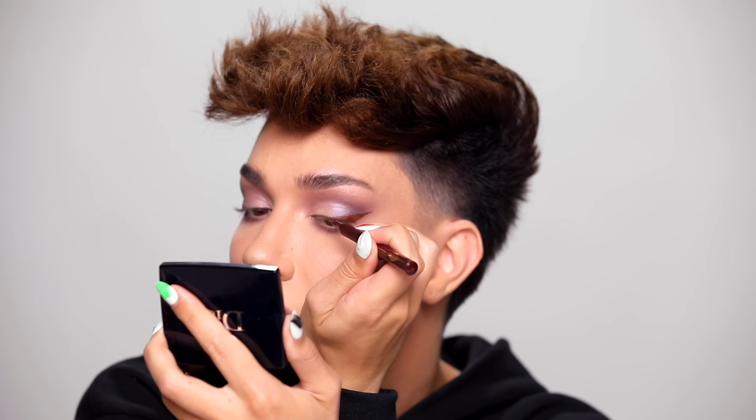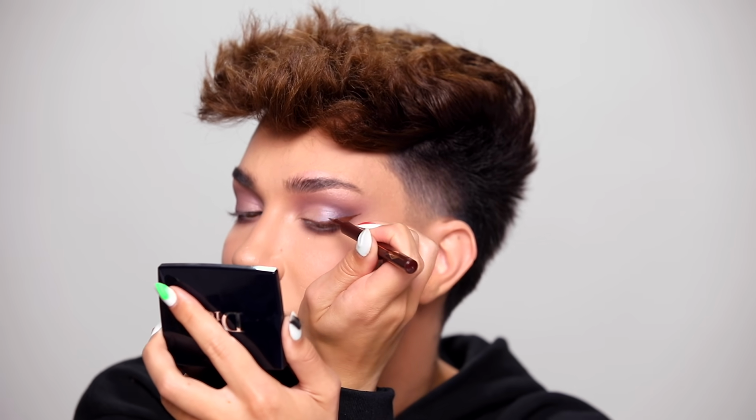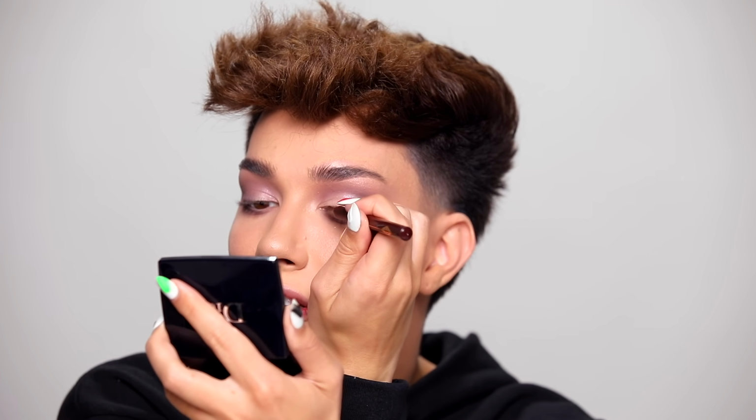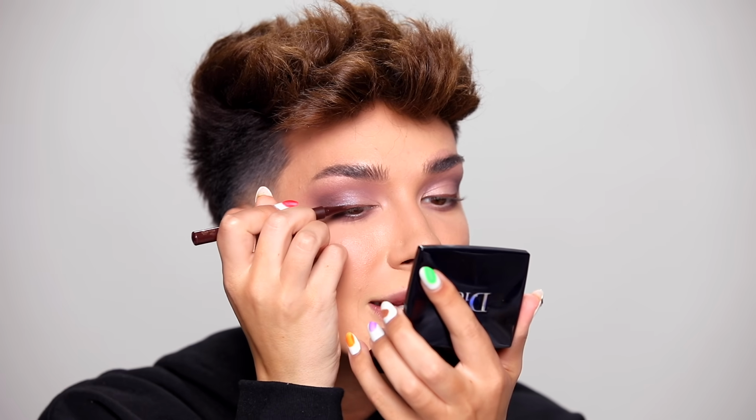because as you guys can see, this is going on really gorgeously right now. This is the first use of this new marker that I just bought. The color is so stunning. It's like the perfect neutral, slightly warm brown. It's gorgeous. It's such a beautiful wing, but unfortunately, this is just not something that you can keep in your makeup kit for very long